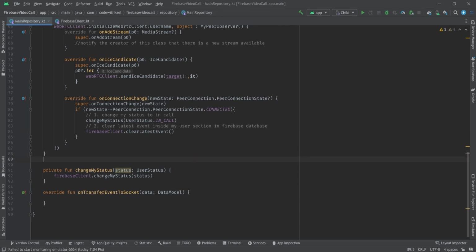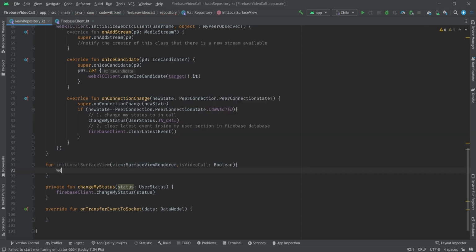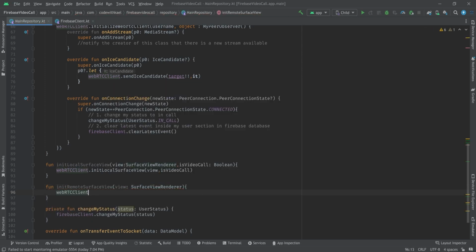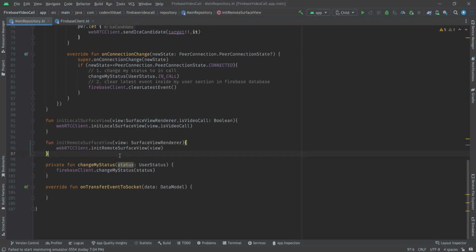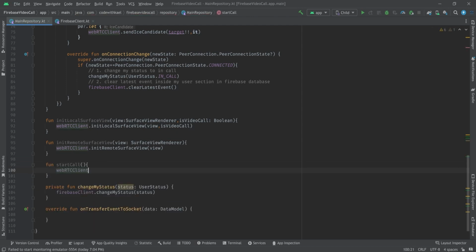So right here I'm going to need two functions to initialize local surface view and isVideoCall using WebRTCClient's initLocalSurfaceView, and pass the view and isVideoCall to it. And same for initializing the remote surface view. It will have a view of SurfaceViewRenderer, and simply call WebRTC's initRemoteSurfaceView and pass view to it. And then we will have the startCall function, which uses the WebRTCClient.call, and we do